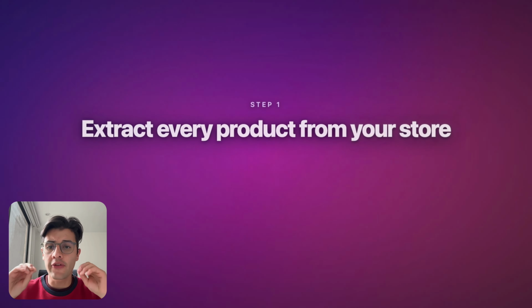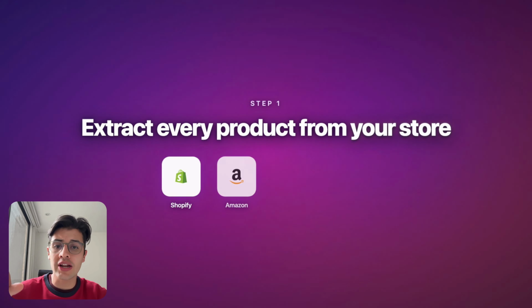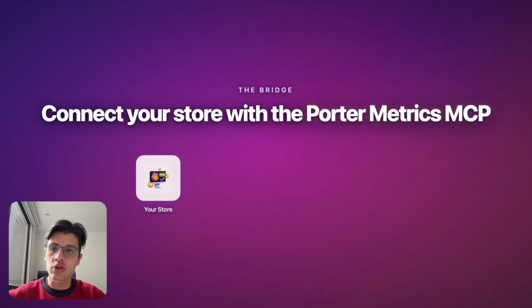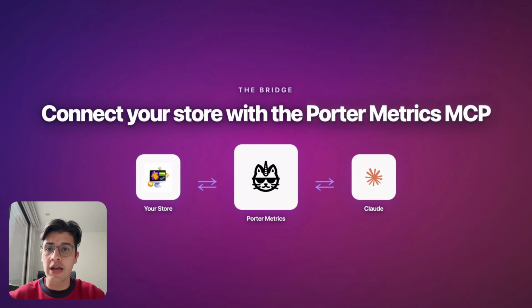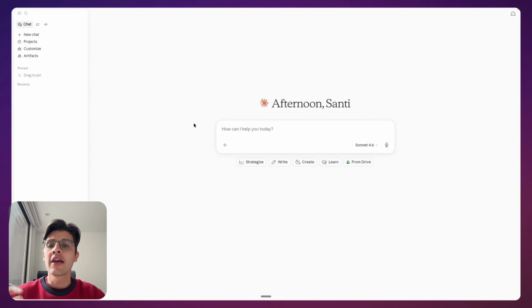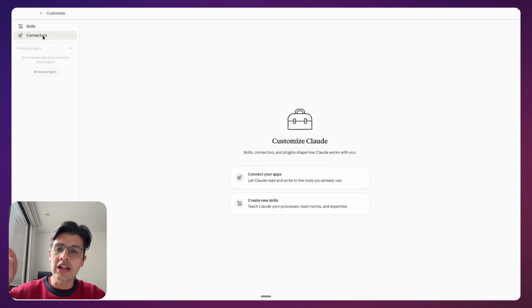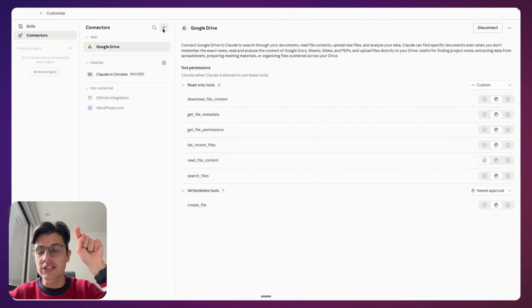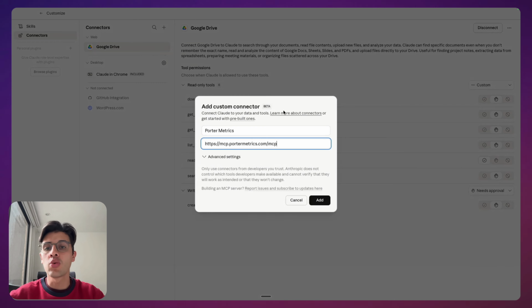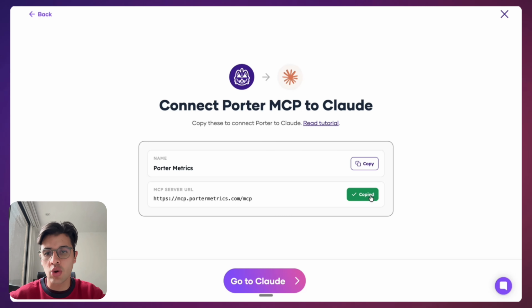Let's get into it. The first thing that we are going to do is to extract our product information right from our store. To connect your store to Claude, we are going to use the Porter Metrics MCP. You just need to go into portermetrics.com and create your free account. After you have done that, then inside Claude, you can click on Customize Connectors, the plus button, Add Custom Connector, in name Porter Metrics, and in MCP server URL, you will paste this URL